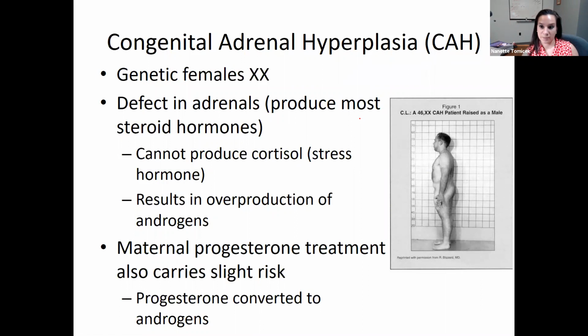A comparable but opposite problem here is congenital adrenal hyperplasia. So this is afflicting females. Genetically, the person is female. However, their adrenal glands are producing an abnormal amount of steroid hormones. The adrenal glands actually sit right on top of the kidneys, and they're responsible for producing lots of our steroid hormones, our stress hormones like cortisol, and then also in females, they become a significant source of testosterone